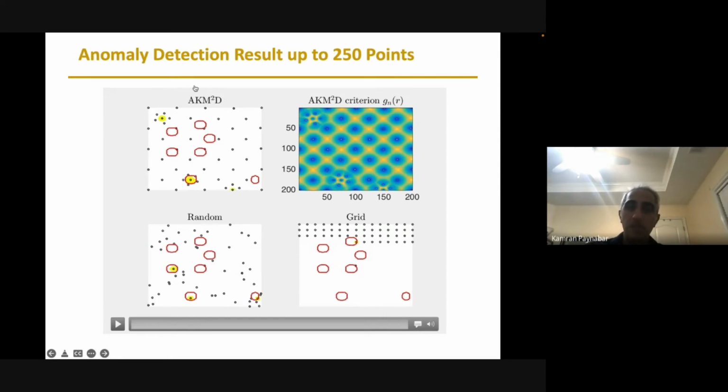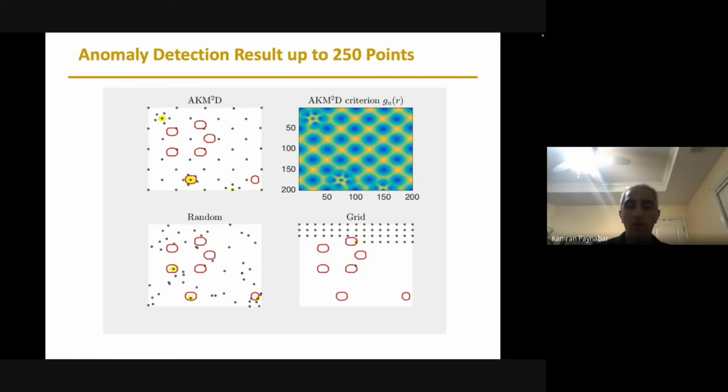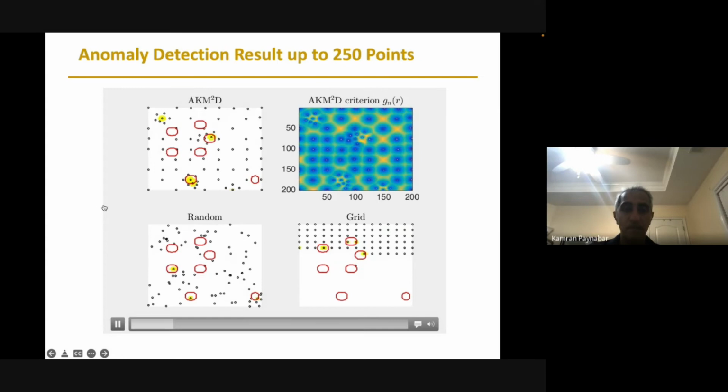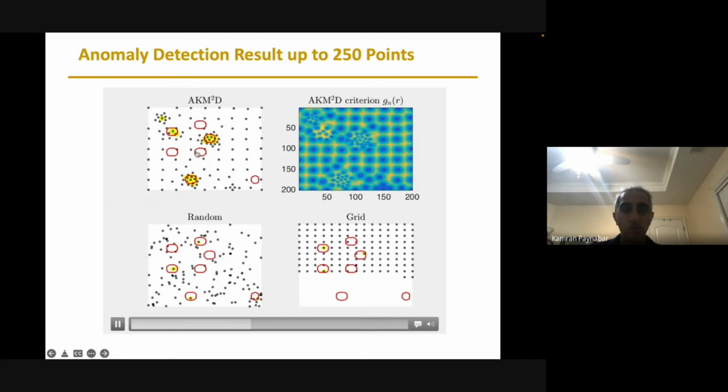This is the performance of our algorithm, showing where in the space we are sampling, collecting data, if we use our proposed algorithm. This is the multi-resolution grid, and this is the random sampling. The budget that we have is only 250 samples, okay? So we cannot do dense sampling. I let it run. You see that every time the algorithm touches one area, it tries to do more sampling around it. You see that?